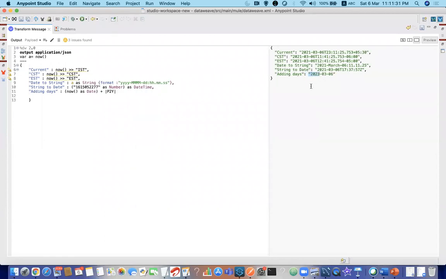Hey Shravan, Akshay here. Could you explain once again line number 10? Line number 10, a string to date. Okay, only this example, right? Yes. So basically, this is called epoch type. I don't know how to spell it, but it comes like something like this. So basically, to understand how it comes, what I have done is, let me keep this, colon, and let me paste it over here.